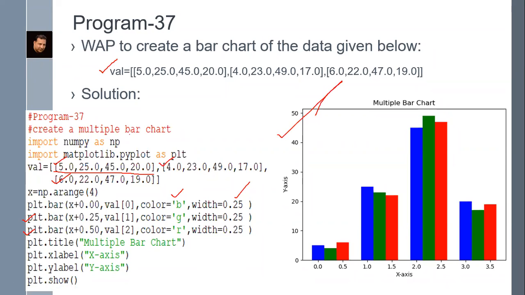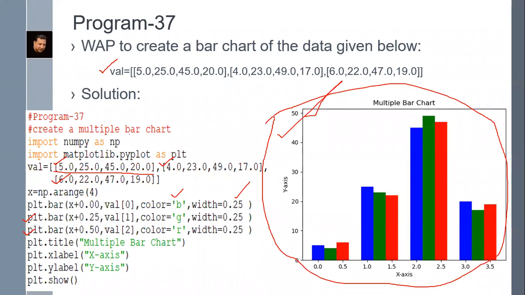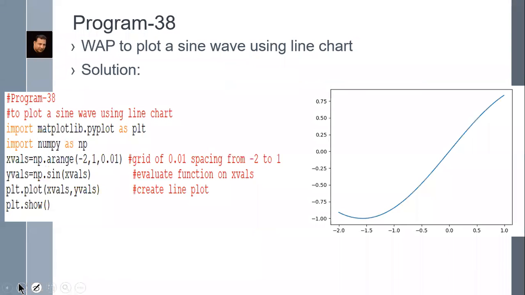So in your notebook, you have to take a printout of these charts. Do not draw it on your own. You have to take a printout. This is the proof.